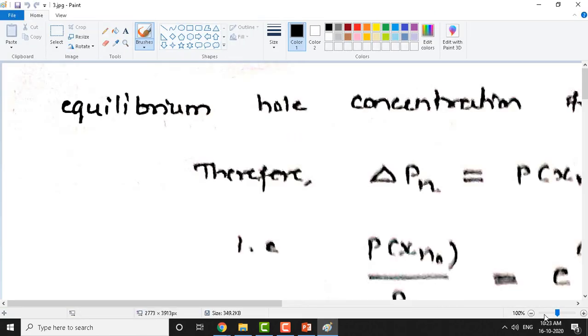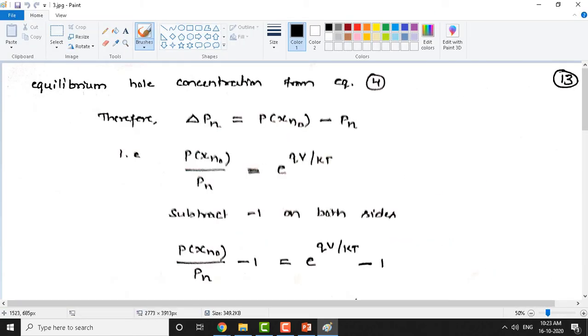Now let us look into this material. Okay, now delta Pn. What is delta Pn? Anybody can recall? Just now we mentioned it. What do we mean by delta Pn? Delta means you know that it is a change. So change in the hole concentration. This is Pn on the n side. So the change in hole concentration on the n side can be easily written by just subtracting P of xn naught minus Pn. So this is under applied bias condition, this is under equilibrium condition. If you do this difference here, definitely you can obtain this delta Pn.